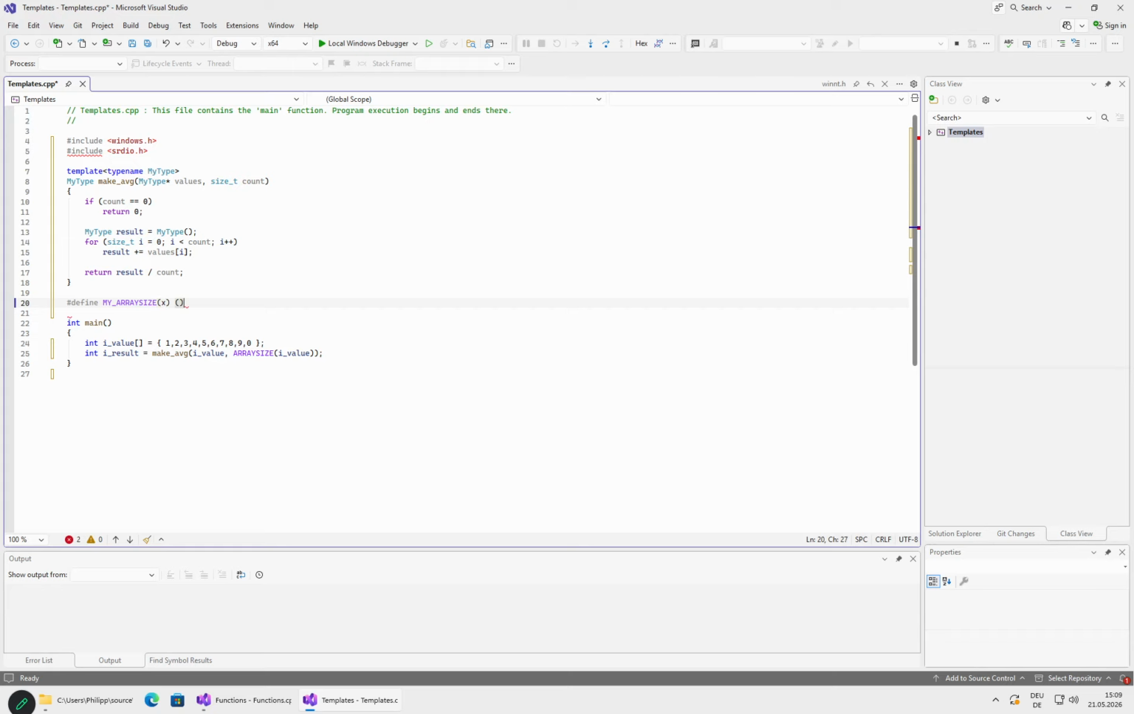my array size of x would be something like sizeof x divided by sizeof x[0]. So that would be a self-made implementation of the same functionality. It's a bit more straightforward than how Windows defines this nowadays. And the trick with our